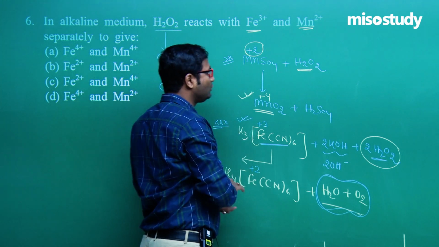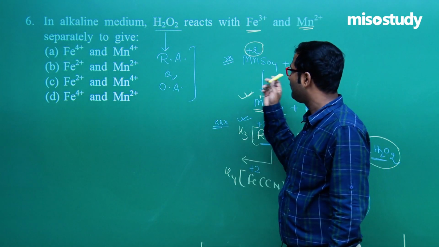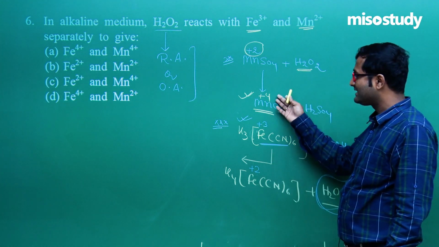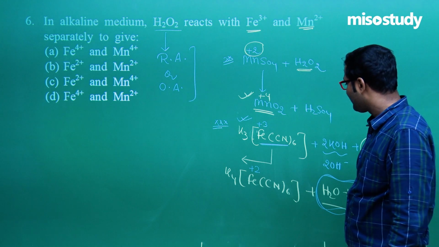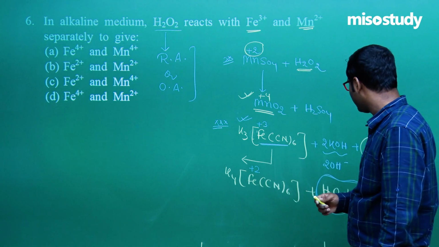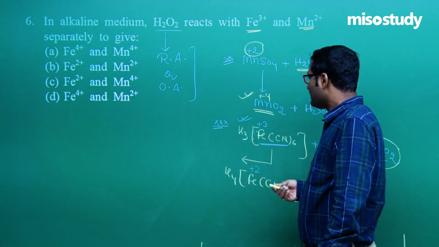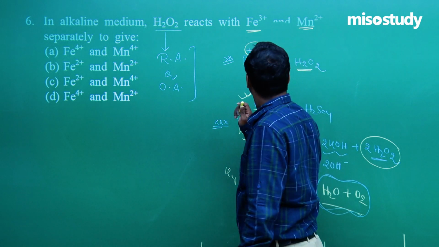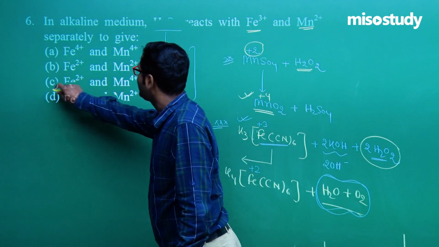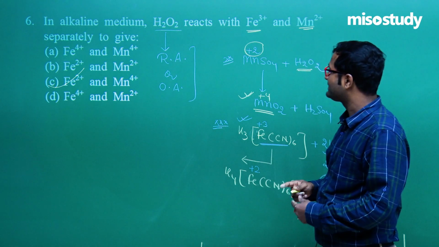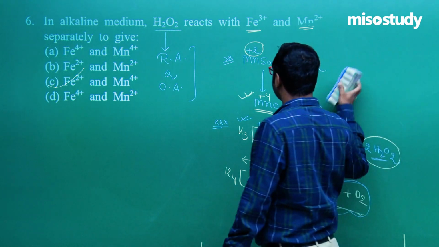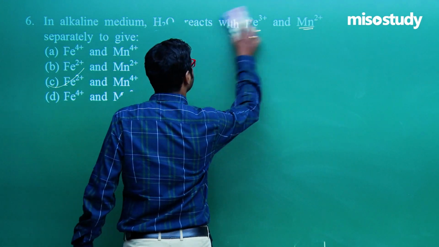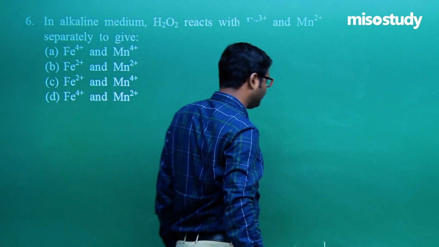In case of Mn2 plus, there is a conversion to Mn4, and in case of Fe3 plus, conversion into 2. This is the general reaction. Clear, friend? You can easily balance such reactions. Now, the question arises here. So the option here is Fe2 plus and Mn4 plus. So C is the correct option. Clear? I am going to rub this part, friend, and we'll discuss the next section of this question answer round.